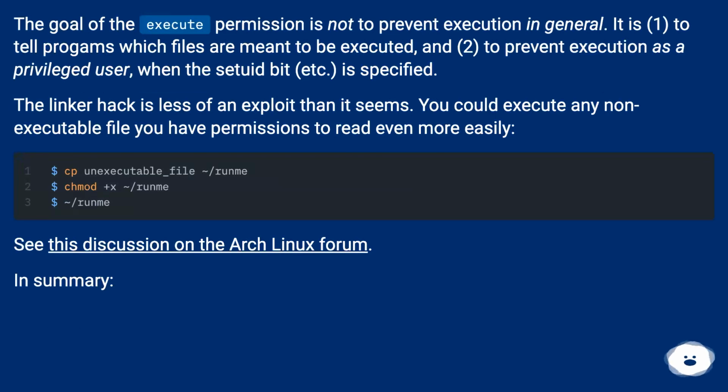The goal of the execute permission is not to prevent execution in general. It is, one, to tell programs which files are meant to be executed, and two, to prevent execution as a privileged user, when the setuid bit, etc., is specified. The linker hack is less of an exploit than it seems. You could execute any non-executable file you have permissions to read even more easily. See this discussion on the Arch Linux forum. In summary,